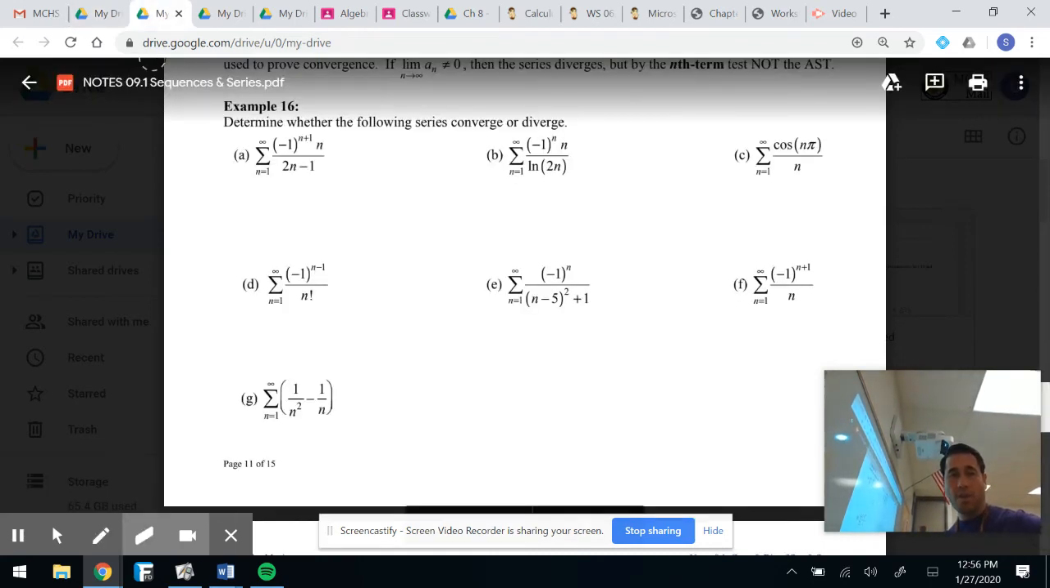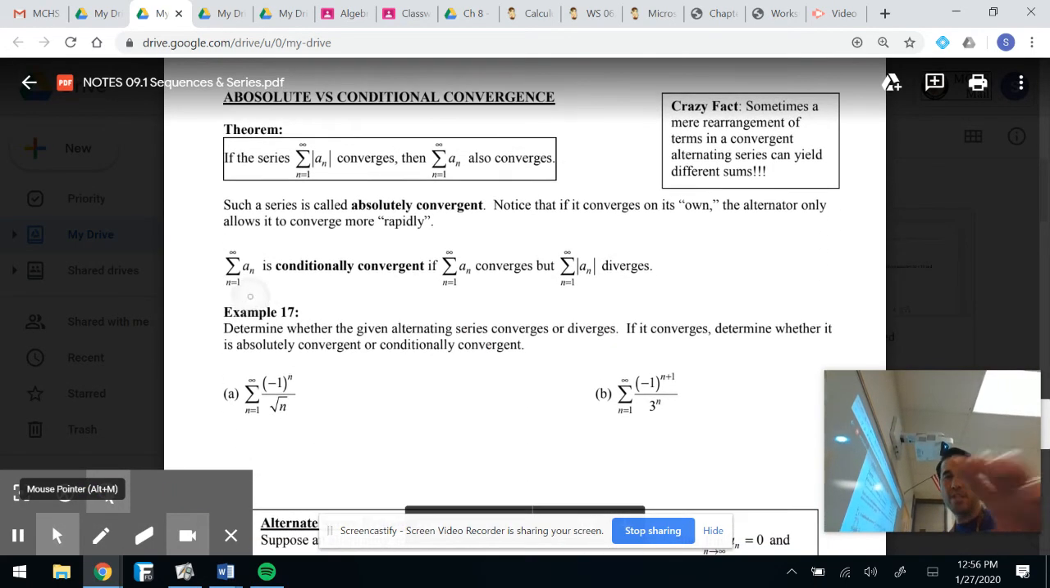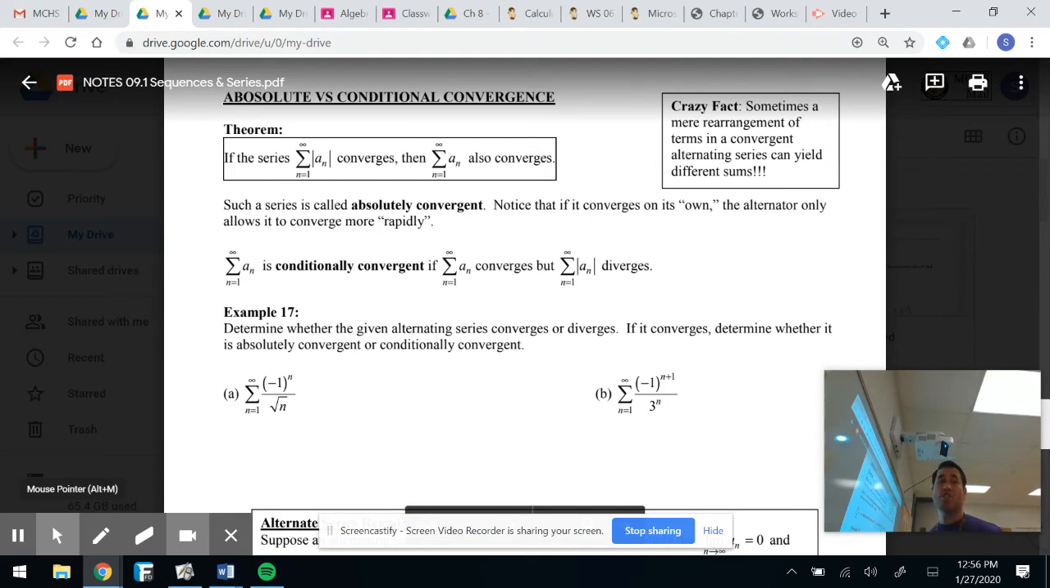Where are our notes? Okay, we did this guy. Let's get these notes up here a little bit. It's called absolute versus conditional convergence. Okay, and I think the best way to give us a good explanation of what's going on,